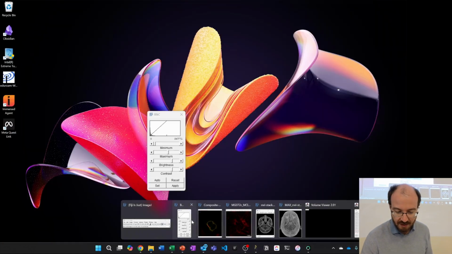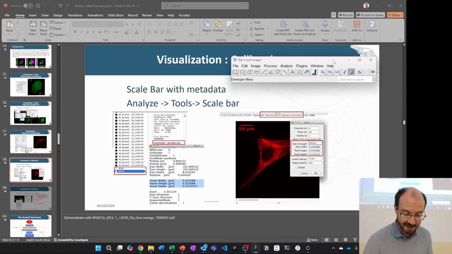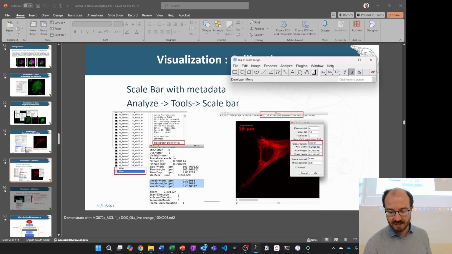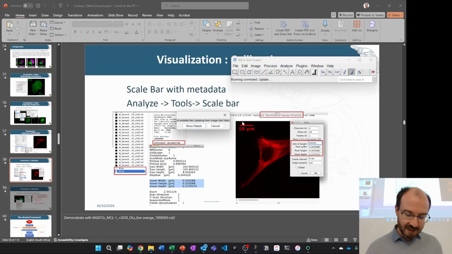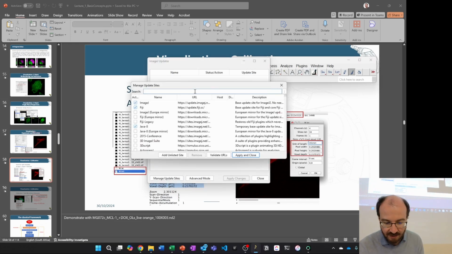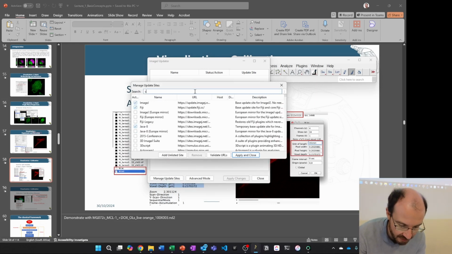Yeah, so there are multiple ways that you can install plugins. First of all, you can create your own plugins if you can code in Java. But most plugins that are officially supported by Fiji, you can get by going to Help and then Update. So this is now within Fiji. You just click on Update, and it looks if there are updates online somewhere for all of the things that are installed. It says, okay, everything's up to date. Then you click here on Manage Update Sites. If you click there, then you can usually just search for the plugin name. So Scale Bar, okay, that one's not actually here, but